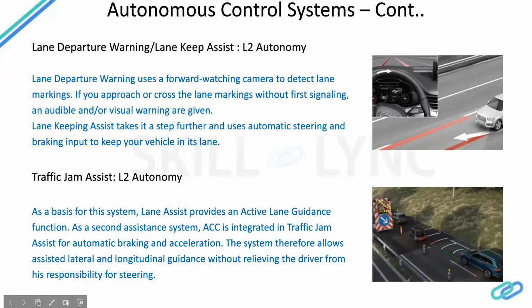There are exceptions. As I told you, I'll give an example here from Tesla only. If you remember, a few days back there was news that a Tesla rammed into the back of a truck. The truck's color was white and it was completely merging with the sky color, and the camera was not capable of classifying it as a truck. So the autonomous system could not take care of the situation, and it directly went and rammed the truck.